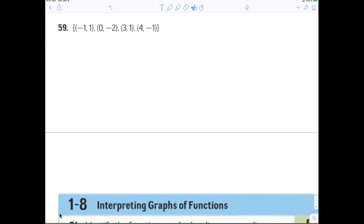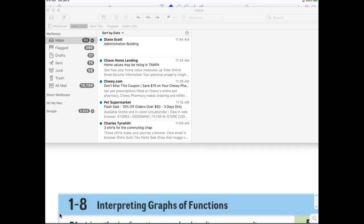All right, so here we go. The first thing we're going to do is write it as a what? Table, right? I like to draw tables like this. This is how I've always done it. I don't like the way they do it. Just a T-chart, right? X, Y, -1, 0, 3, 4, 1,